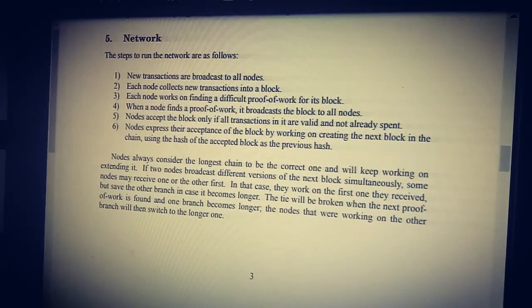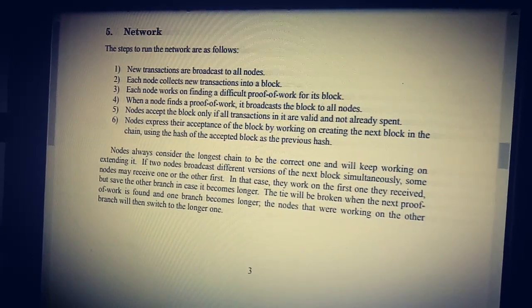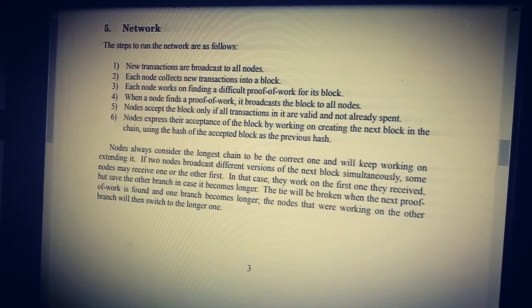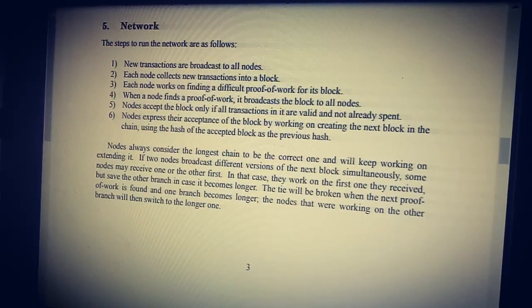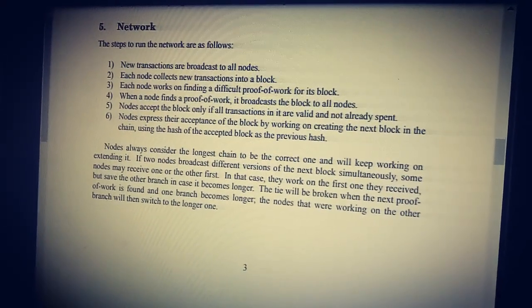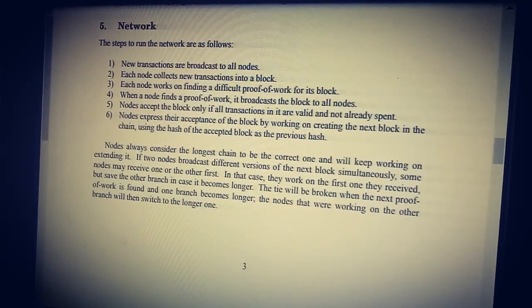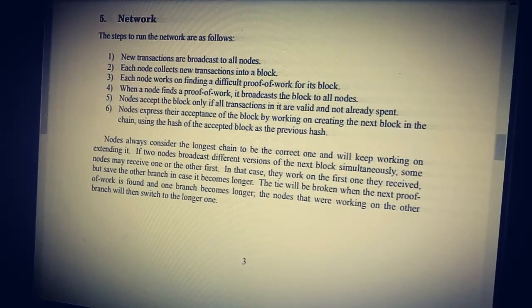Step 6: Nodes express their acceptance of the block by working on creating the next block in the chain, using the hash of the accepted block as the previous hash. Nodes always consider the longest chain to be the correct one and will keep working on extending it. If two nodes broadcast different versions of the next block